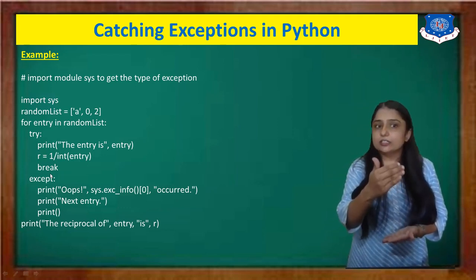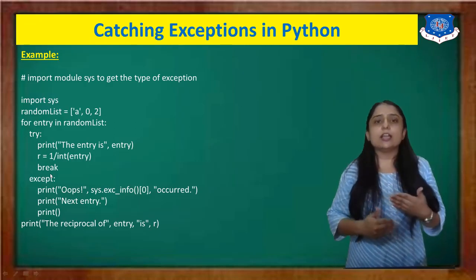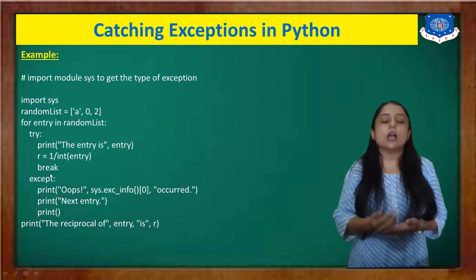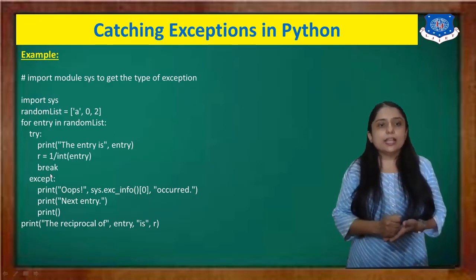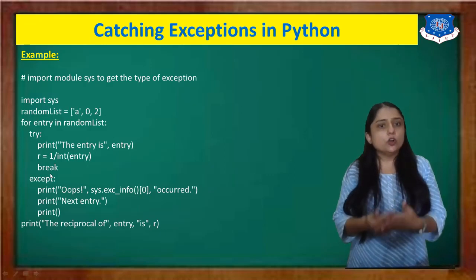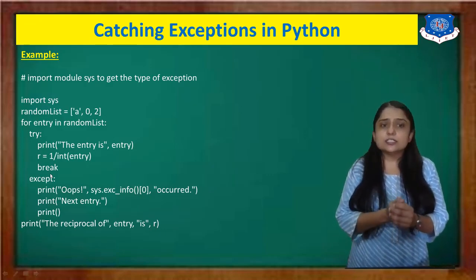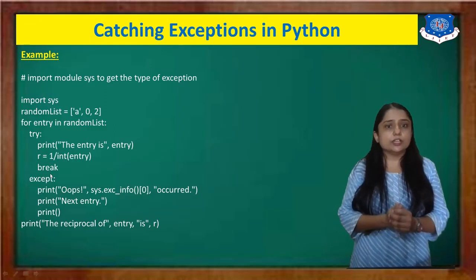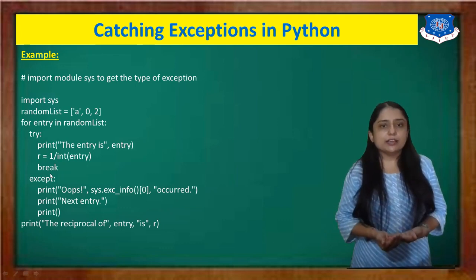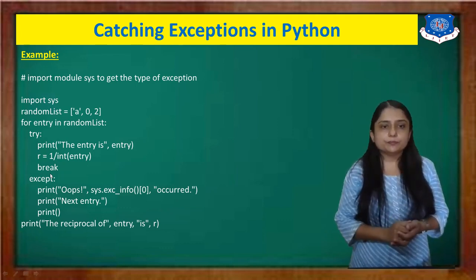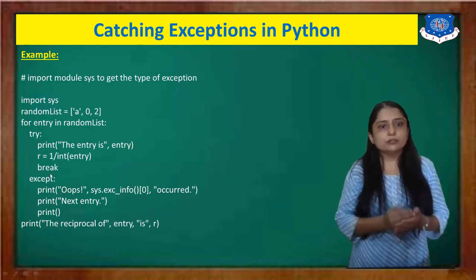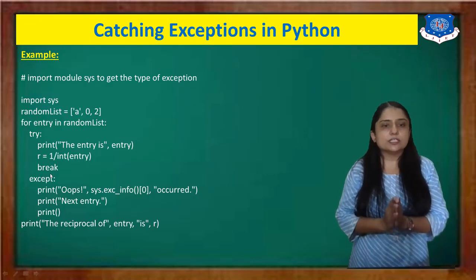And this here is the exception that I have written inside my try clause. Now yes, here I have one exception. So how can I handle it? Then I have to write except, that is print, yes, this is an error. I'm just going to accept this, and then print, oops, sys.exc_info zero. That is inside the system module, which kind of error is that? That will be displayed over there. Then it will say please next entry, then print the reciprocal of this is r.